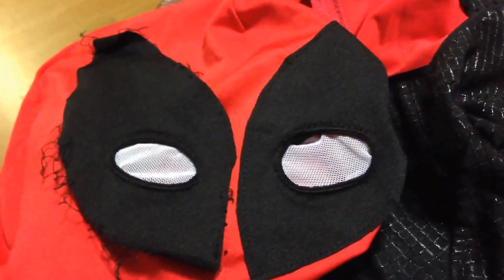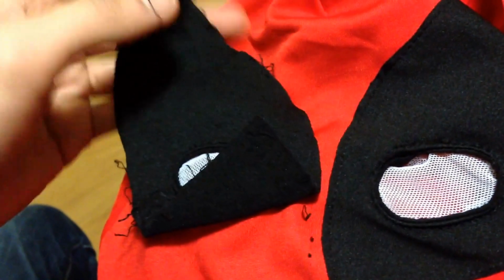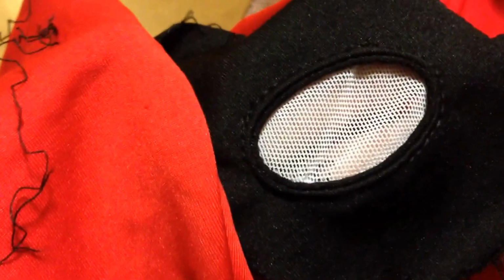Alright everybody, here we have the patch unstitched. Now you can see they stitch it down pretty well. Alright, so it ain't no joke. What you'll notice is even after you unseam this part of the patch, the rim of the eyelids are sewn as well. So what you're going to have to do with this one is a little trickier, because if you look at the way the eye patches are sewn, it's sewn really well. It's sewn into